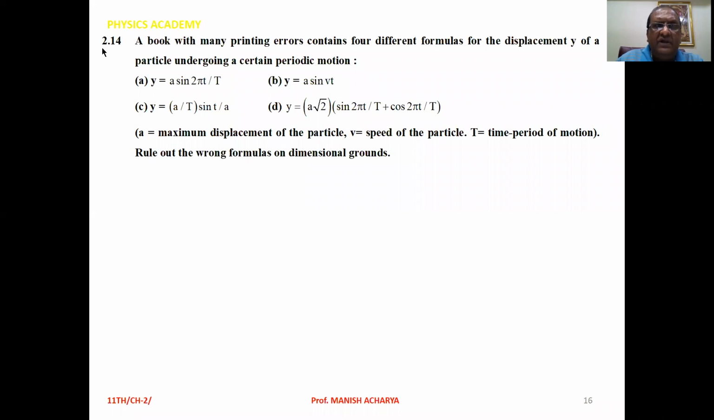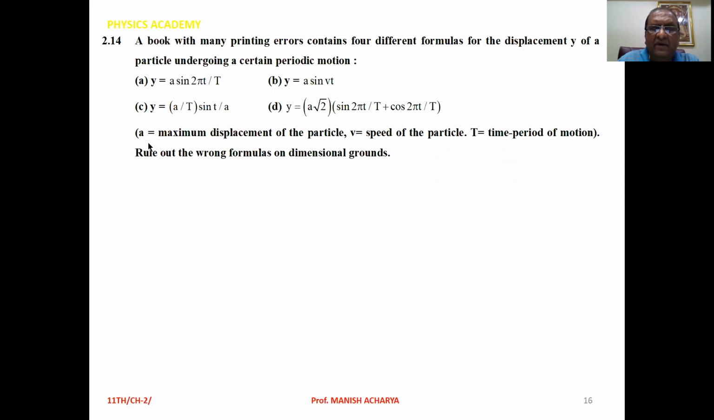Example 2.14. A book with many printing errors contains four different formulas for the displacement y of a particle undergoing a certain periodic motion. A. y equal to a sin 2πt/T. B. y equal to a sin vt. C. y equal to a/T sin t/a. D. y equal to a√2 [sin 2πt/T + cos 2πt/T],